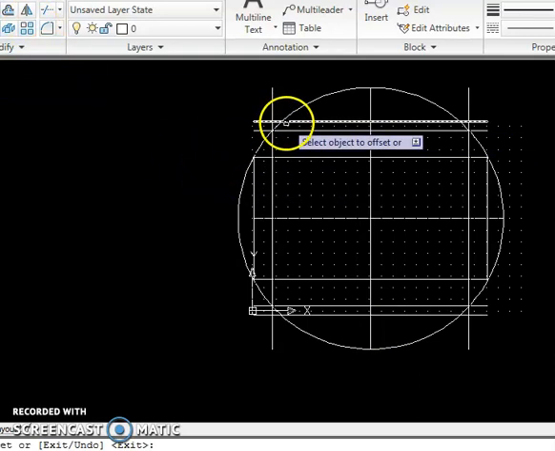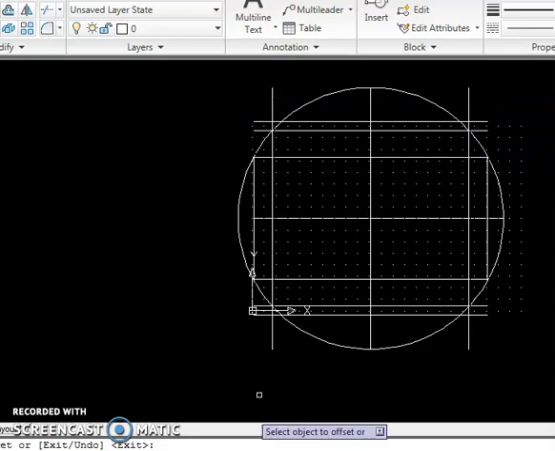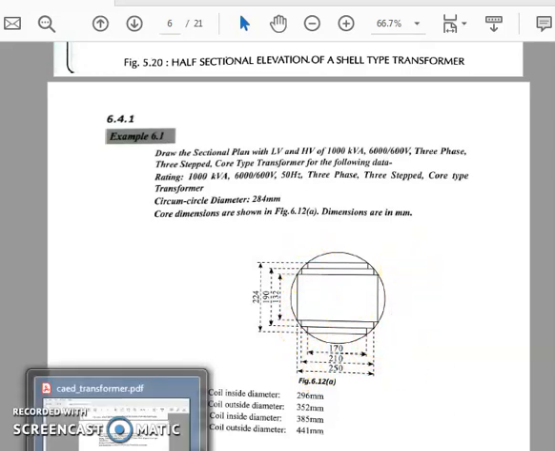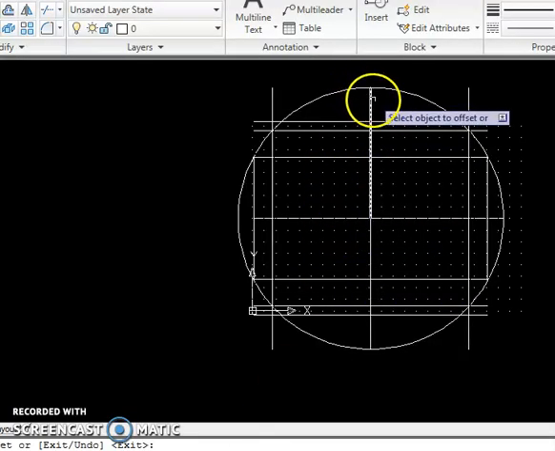Okay. Now what do we have to do? The vertical line is pending. That also you see here. This is the vertical line. So that is at a distance of how much? 170, right? 170 divided by 2, that is nothing but 85. Okay.